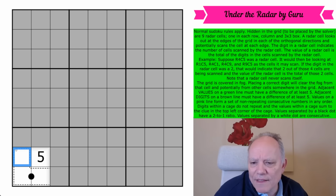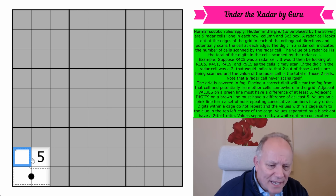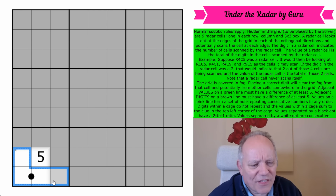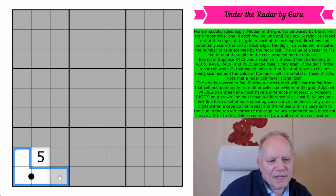Did it say that the digits 1 to 9 appear in the radar cells? No, it didn't. That is not part of this. Okay. But what I'm thinking down here is that if this was a normal puzzle with no radar cells, I don't think you could place a digit. So how is the radar cell rule going to enable us to? The reason I don't think you could place a digit is you would say that this 4-cell cage, and it could only be 4 cells because the minimum value of those 4 cells would be 1, 2, 3, and 4,